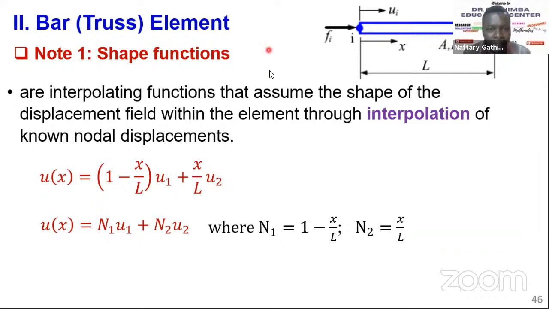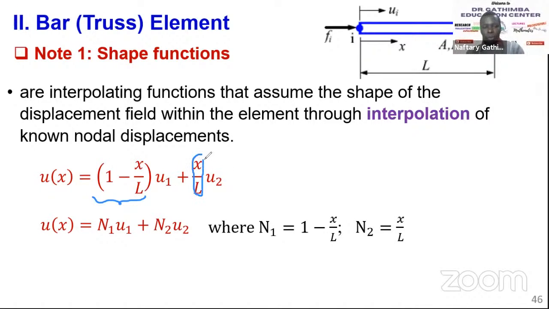If you look closely at this equation, you can see that there is a value here, a constant. No, it's not a constant because x is varying, but there is a coefficient before u1,